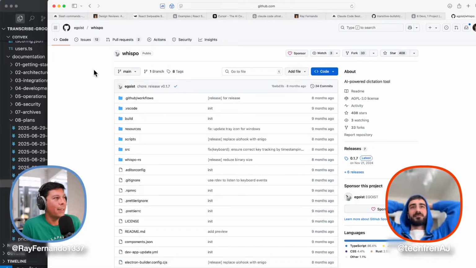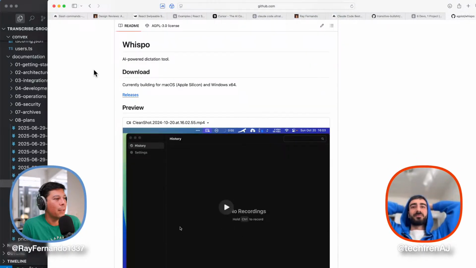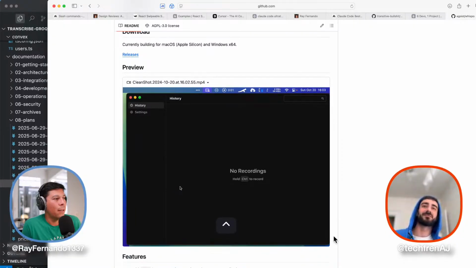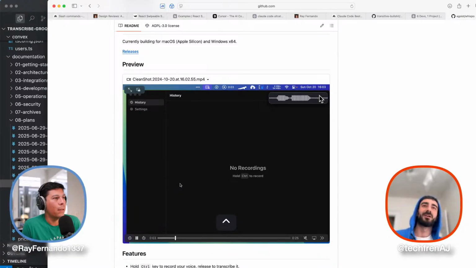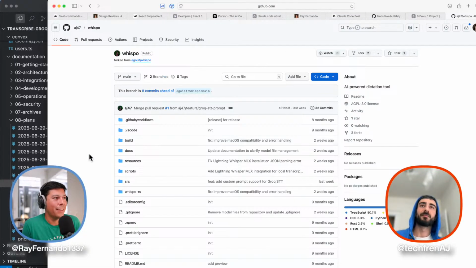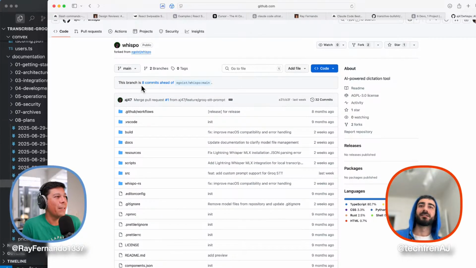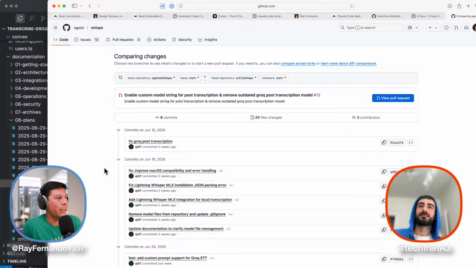They don't seem to update it. Wow, 9 months ago. Some things are broken, but if you go to AJ47, that's the author. That's my fork, where I fixed up a bunch of stuff and added a bunch of features. Yeah, that's me. It's commits ahead. So I've added the Grok